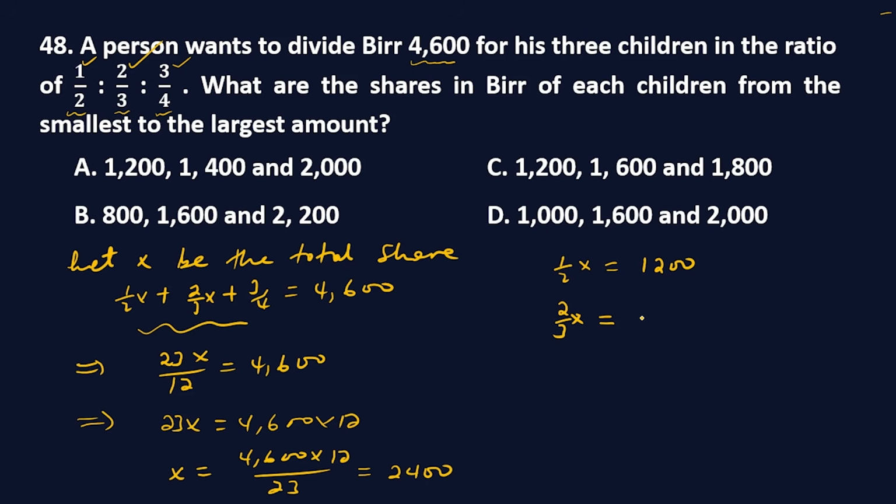Okay ይሄ ምን ይሰጠናል? 1600 ይሰጠናል። The other thing 3/4 times x ምን ይሰጠናል? 1800 ይሰጠናል። Okay በx ቦታ 2400ን እያስገባችሁ መተካት ነው። So from smallest to largest የተጠየቅነው ምን ያህል እያንዳንዱ ልጅ ይደርሰዋል የሚል ጥያቄ ነው። So 1200, 1600, 1800 የሚል እዚህ ሲ ላይ ስለዚህ 48ኛው ጥያቄ መልሳችን ሲ ነው የሚሆነው ማለት ነው።